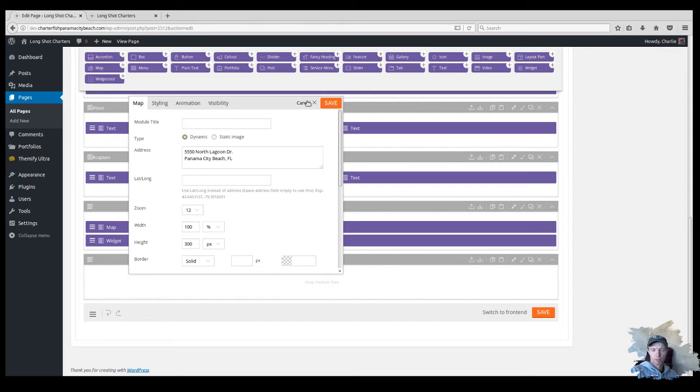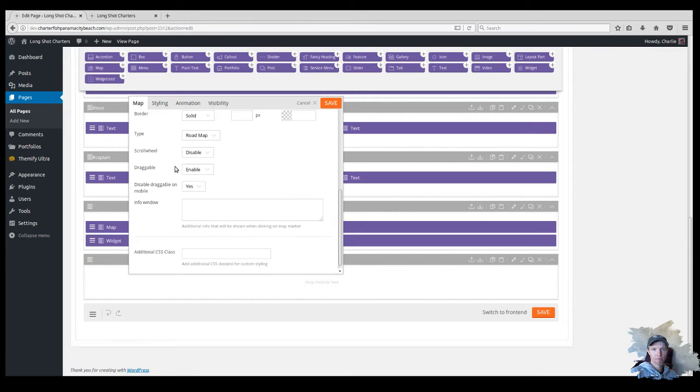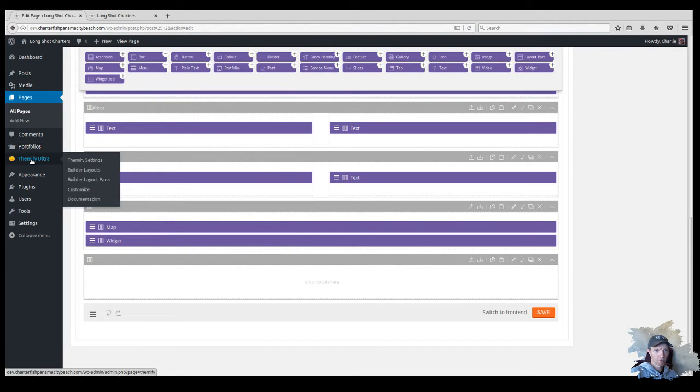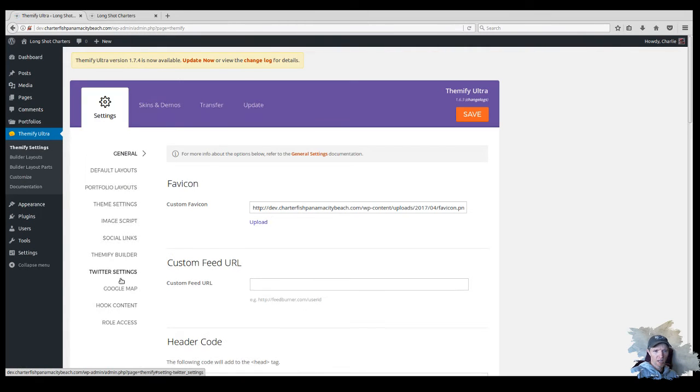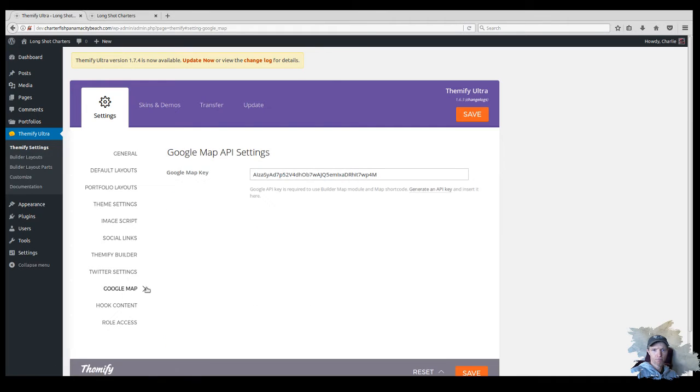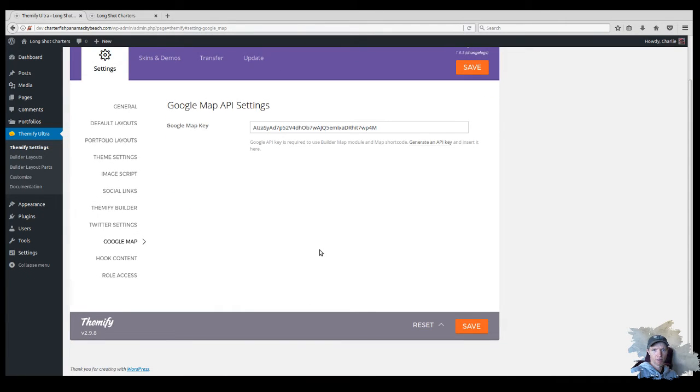It's no big deal. You just log into your Google account, go for a key, what application are you using. I was using Maps, so I was able to generate a key real quick, and then I just copied and pasted it and set it into the Themify settings. Over here, if we go to Themify settings, I can show you where I set it in here. And if you go down here to Google Maps, that's basically what I did. That's my key,